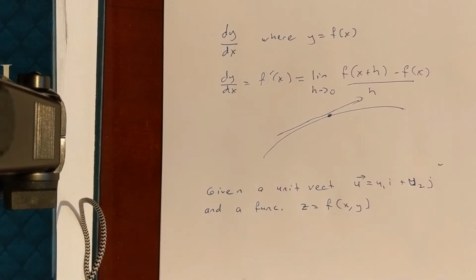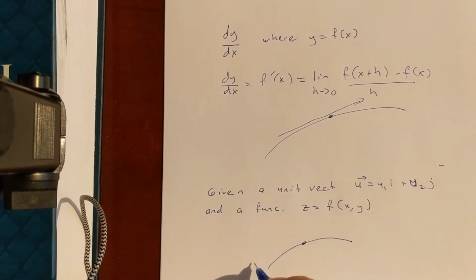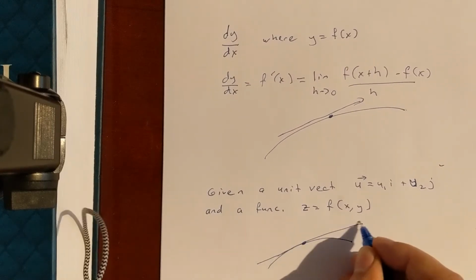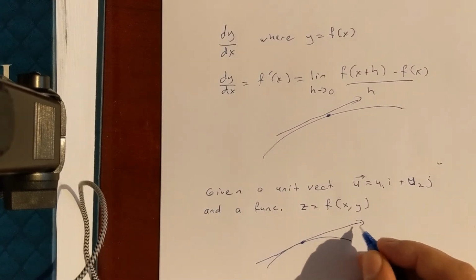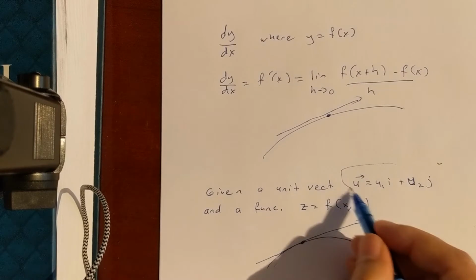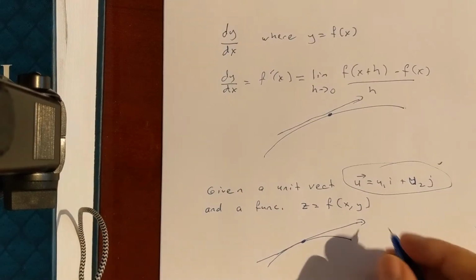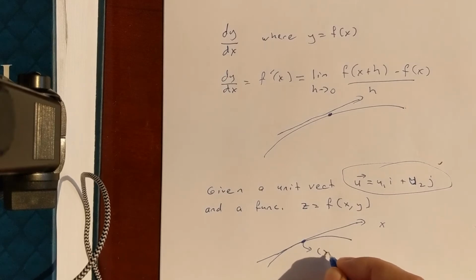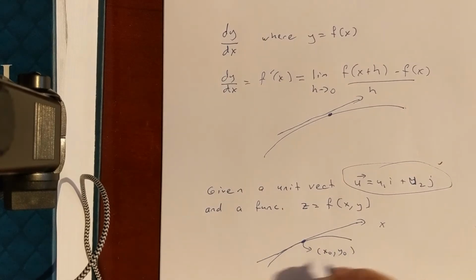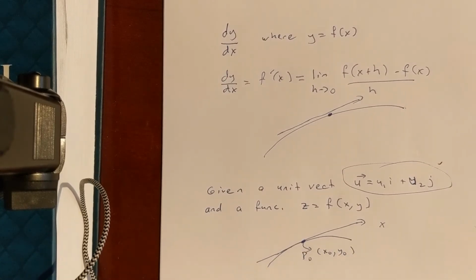Now, what I think we should do is, well, we cut our kiwi. We have to define this. So think about it: we cut the kiwi. This is the point, and then this is the line. So we have to define this line. How can I define this? Well, I can parameterize it using u, the unit vector u. If this point, let's call it point p naught, is x naught, y naught,